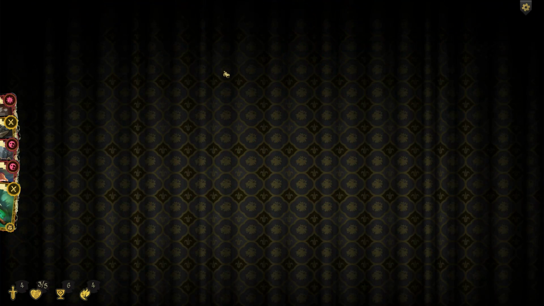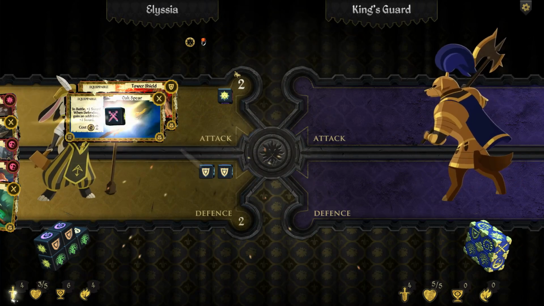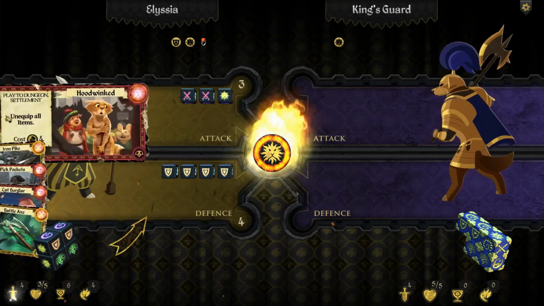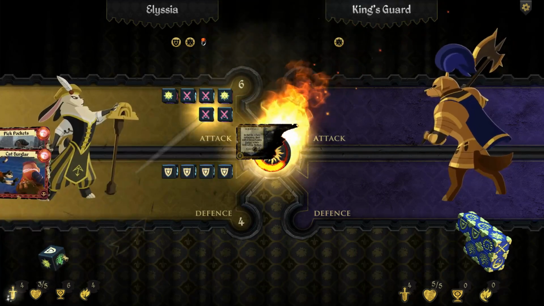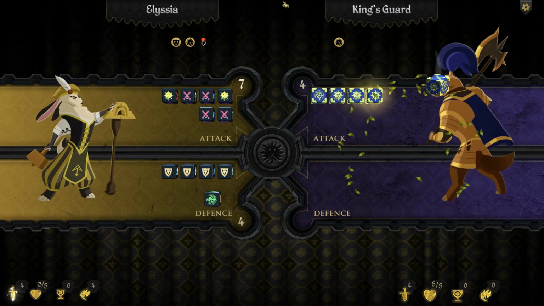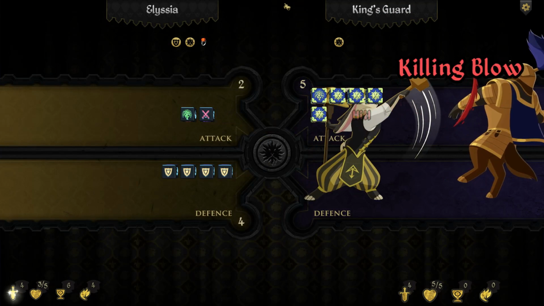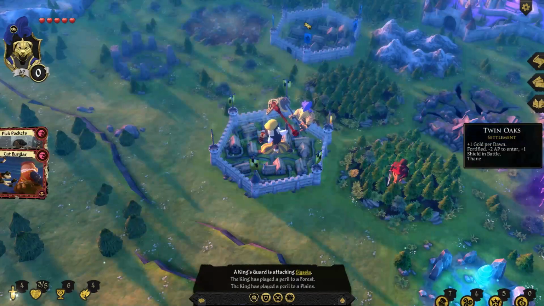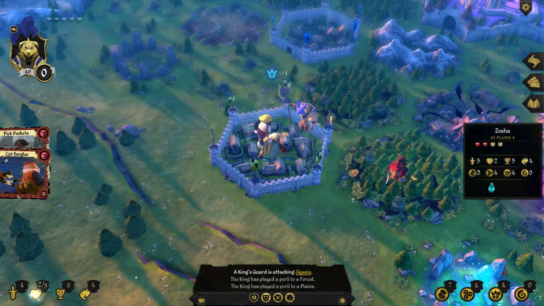Well, hey, this gives me a chance to burn some cards here. Get my Sunstone going. Get rid of Hoodwinked. Get rid of Battle Axe. Get rid of Iron Pike. Give me some defense. I didn't really want to kill him. Because that's going to give me -1 prestige, which will probably put Zosha back in charge here. Depending on how